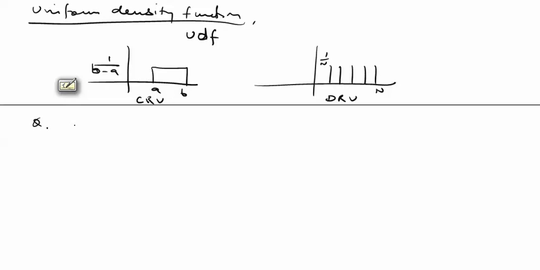Let's take an example with some question. A continuous random variable (CRV) is uniformly distributed in the interval 0 to 10. Sketch the PDF and answer the following questions. A part,